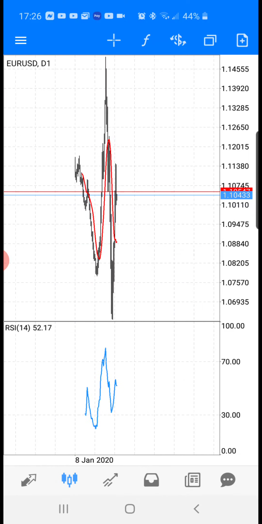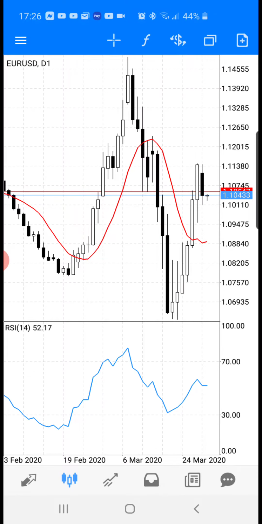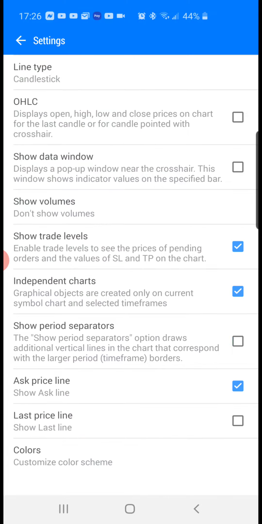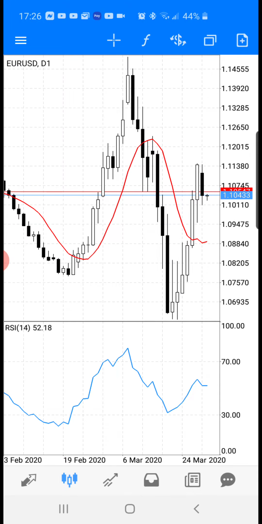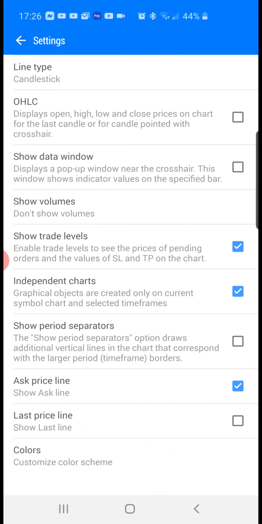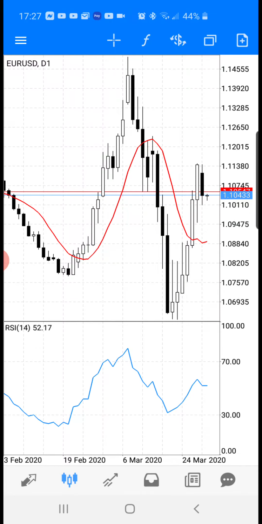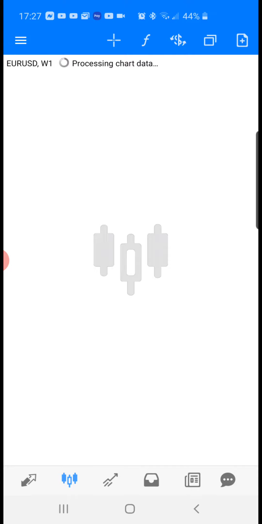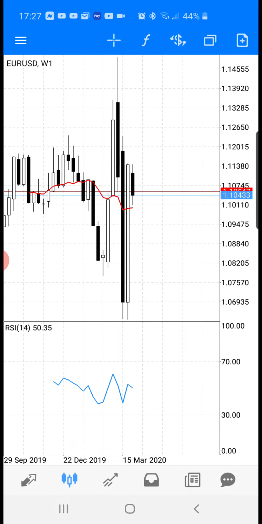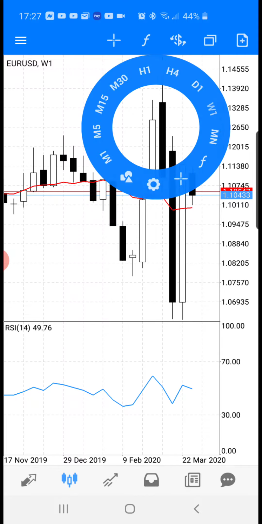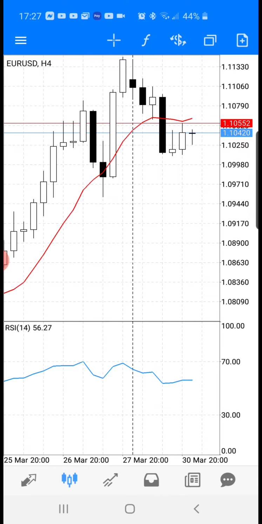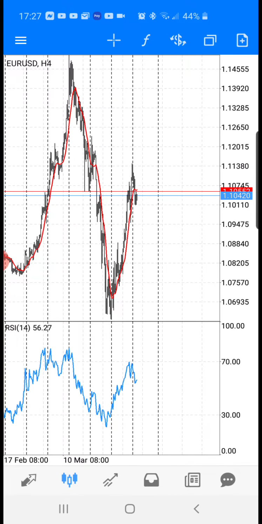The daily chart is going to show us a whole month, and it's actually not showing on the daily. Here, let's see if maybe that was something that I did. And yep, so it's not showing with the MetaTrader 5. Let's see on the weekly, processing chart data. Yeah, it doesn't show for the MetaTrader 5. So you can go all the way up to the H4 from MetaTrader 5 to actually separate and show those